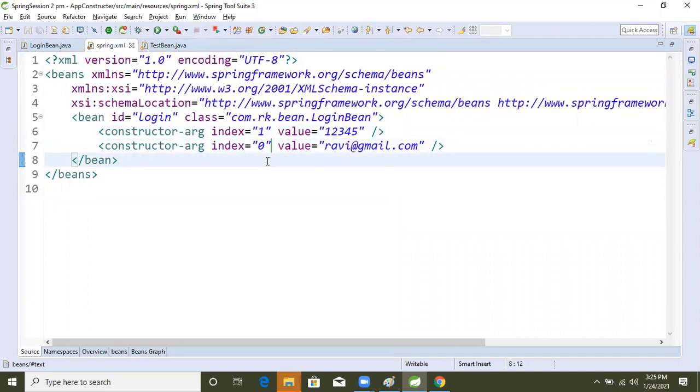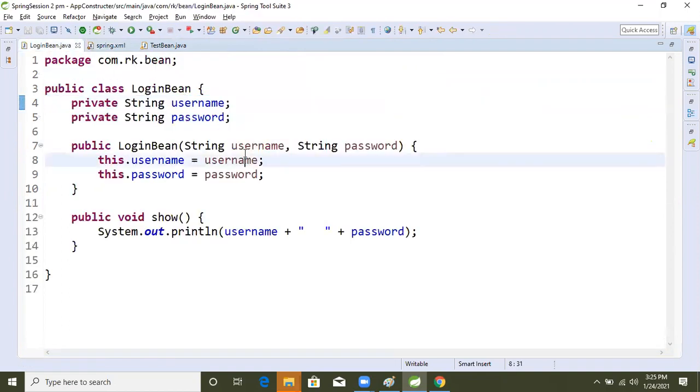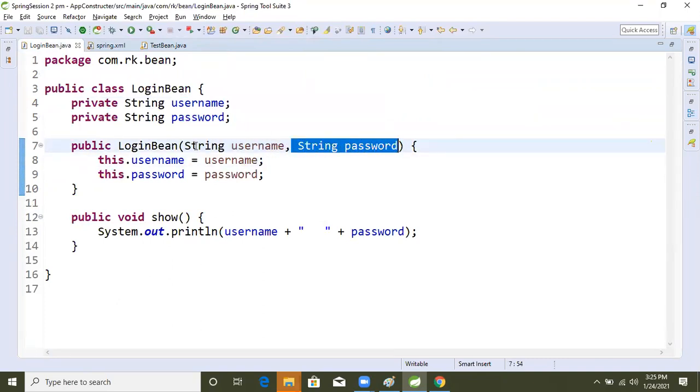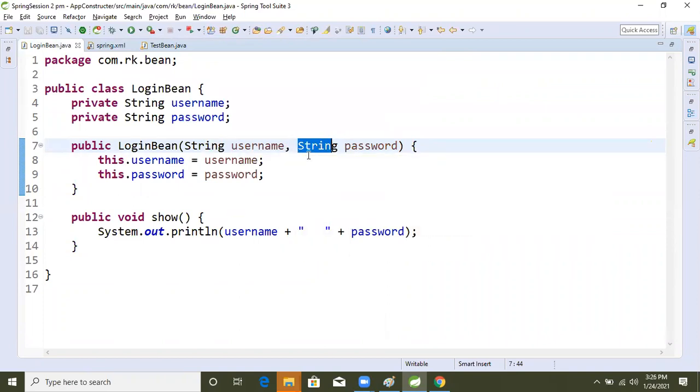Now there is one more thing, the type attribute. If we take the type tag here, we will get an ambiguity problem, because both are string. The type tag works when the two arguments are of different types, for example one is int and the other is string.